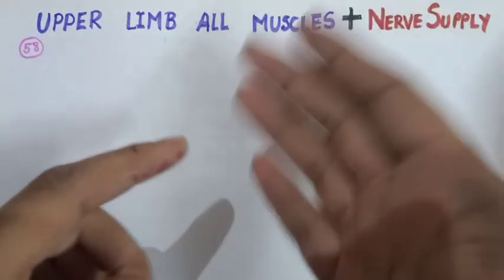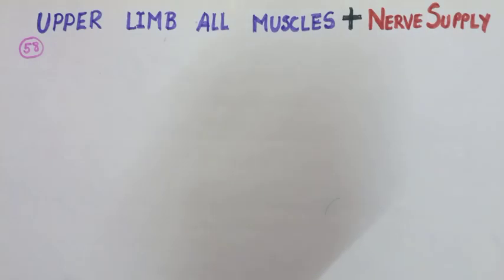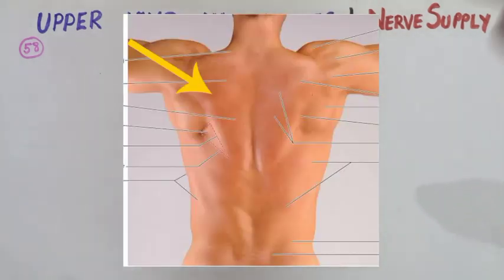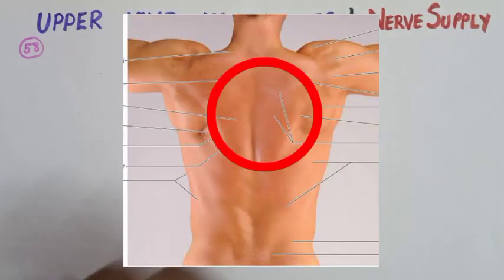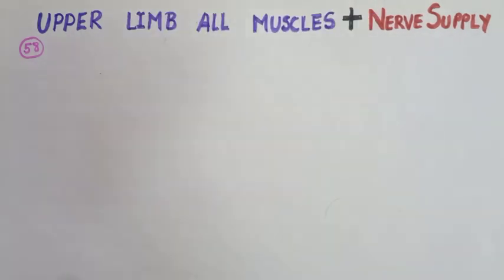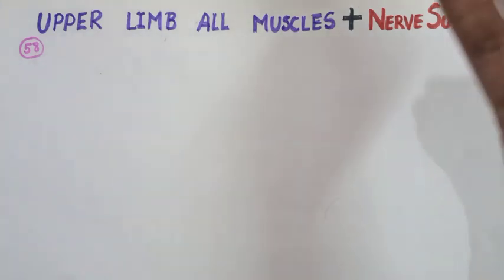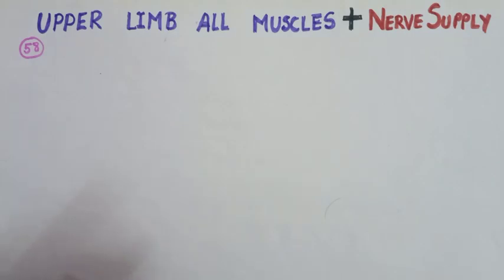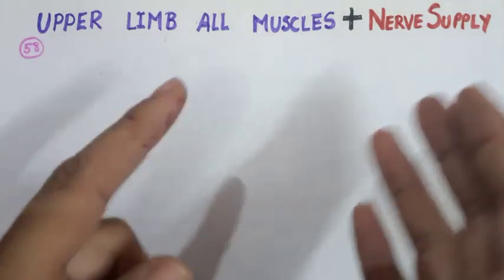The 3 you might already know: the hand, forearm and arm. The other 3 are the pectoral region, the scapular region, and the region which connects the upper limb to the back or the vertebral column. When I say back, I refer to the back of the neck as well as the back of the torso and abdomen.